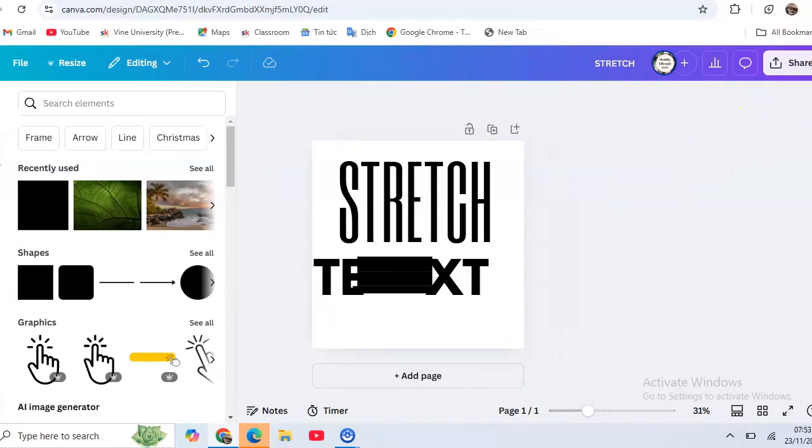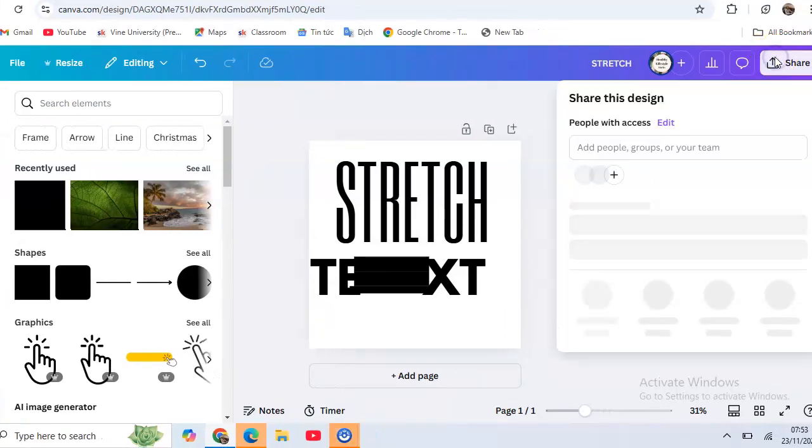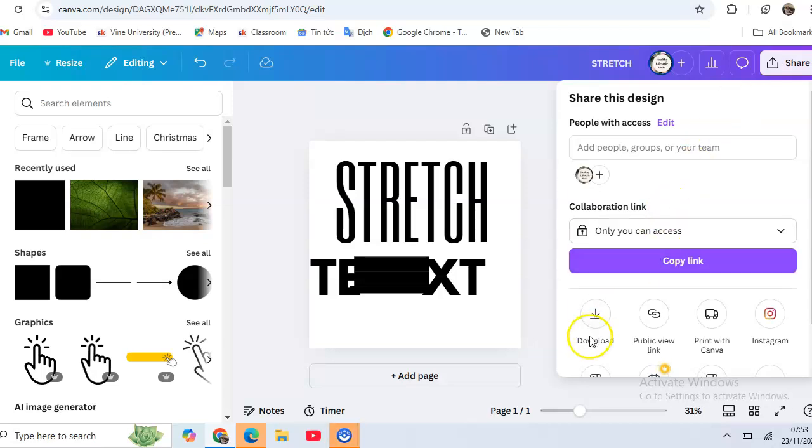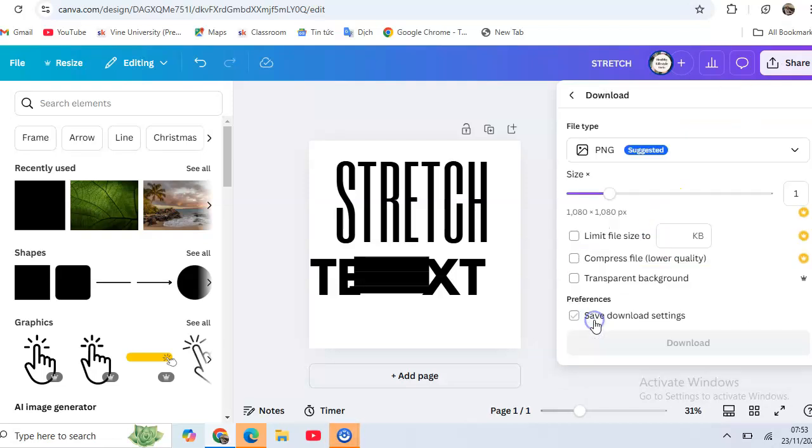After that, click share and download and download again. This is what you need to do if you want to make stretch text effect in